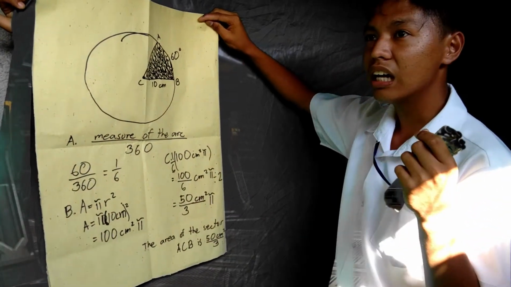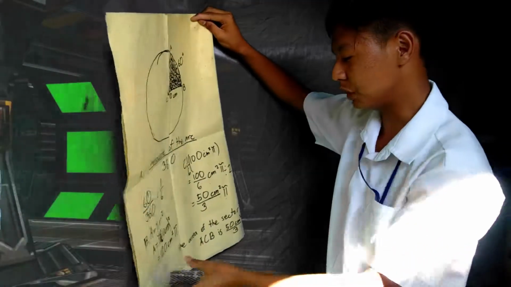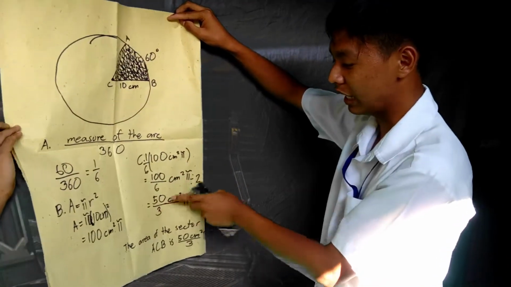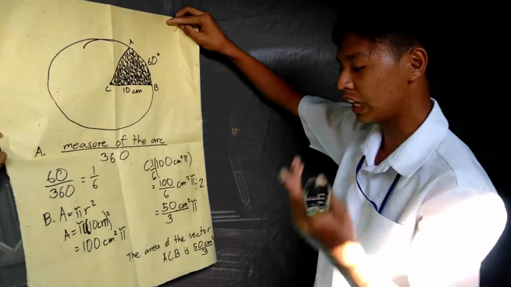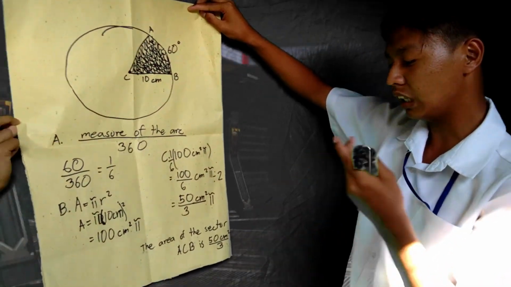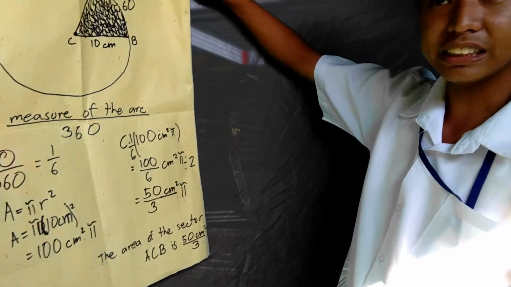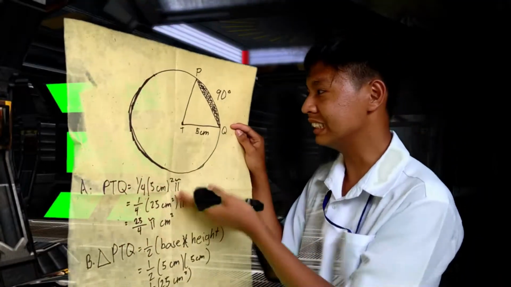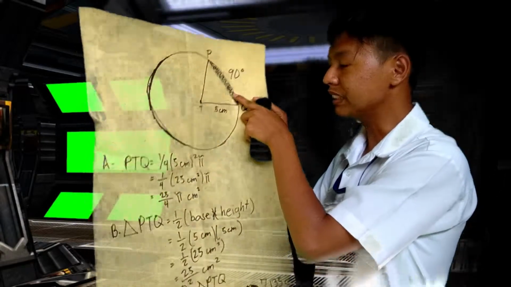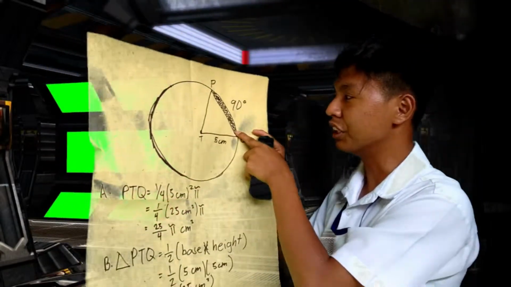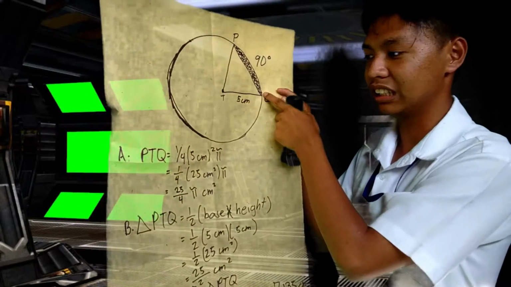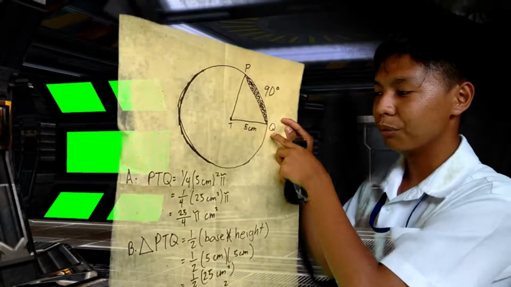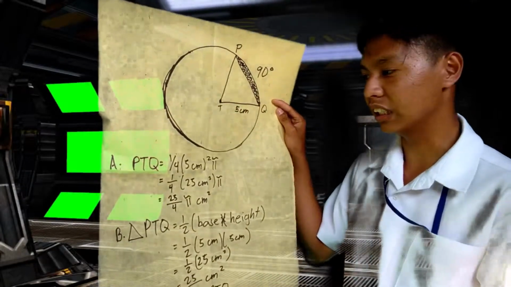We need to get the lowest term, so we need to divide by 2. So 100 divided by 2 is 50 and 6 divided by 2 is 3. So the answer for the area of the sector ACB is 50/3 pi centimeters squared. We can see that there is only a piece of the shaded region, which we call a segment of a circle. To get the area of the segment of the circle, we also need to get the sector of the circle,